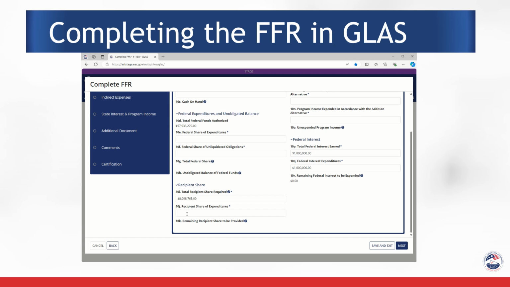So as I mentioned a little bit ago, hold 10J in your memory, and let's say for this example's sake that you had a required match of $8,098,765, and you earned an additional amount in interest on that match of $100,000. So let's say you expended everything. You would report in box 10J $8,198,765. As you can see, the automatic calculation in 10K shows a negative $100,000, which simply represents the additional money